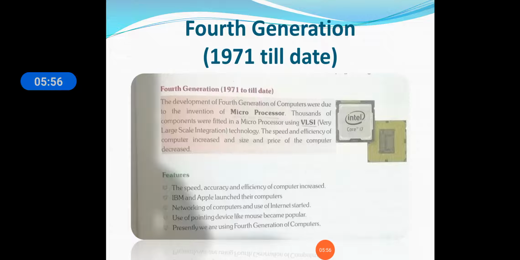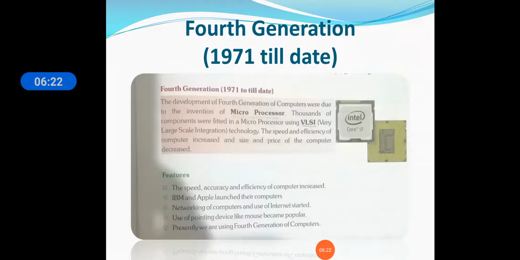Apple is a famous brand, so I think almost everyone knows about Apple. Apple is very good today, like Samsung, it is used. Okay, Apple is used throughout the country. A very important thing is there, and it is used throughout the country. Apple. Okay, networking of computers.